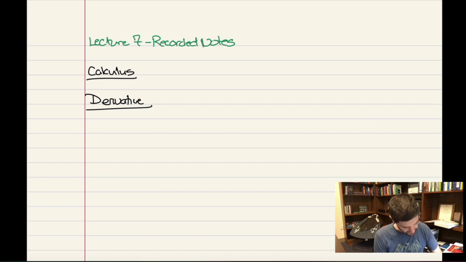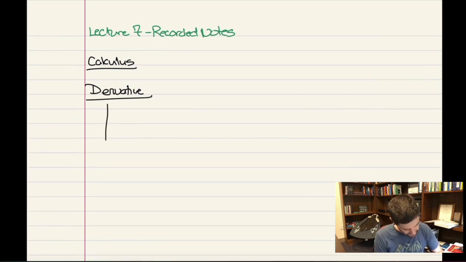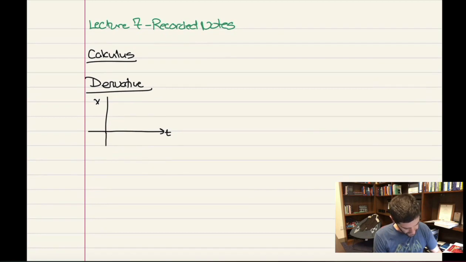So again, remember, derivative is a fancy word for slope. If I have some position graph as a function of time, which for a given coordinate system might look something like this, for example, I could ask what is going on with, say, the velocity at a given point. And in previous lectures, we talked about how that is the derivative of the function at that point,